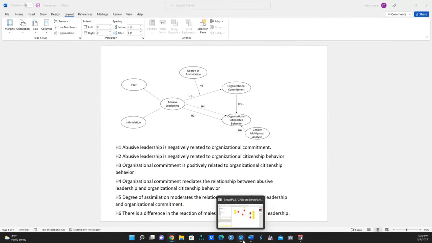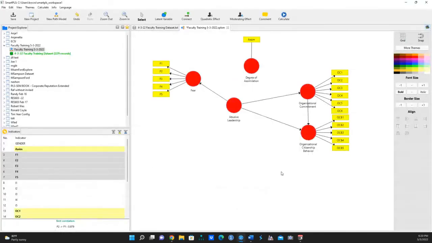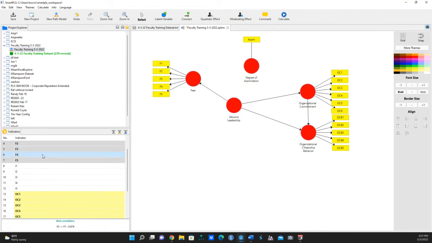So let's go into the model. I've already, in SmartPLS, in the interest of time, gone to a new project, and I named the new project Faculty Training 5322. Once I named it, it comes up and shows this, and it tells you to double click to load the data set. I double clicked and loaded the data set. These are the indicators in the data set here. But if you go to this tab,